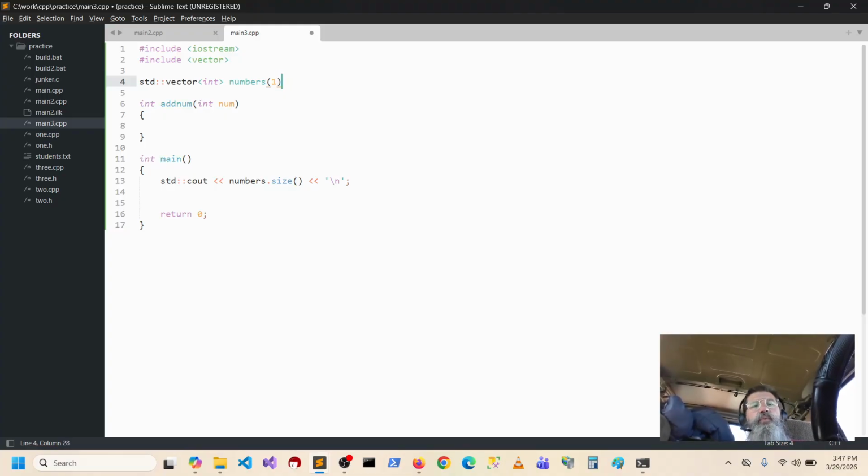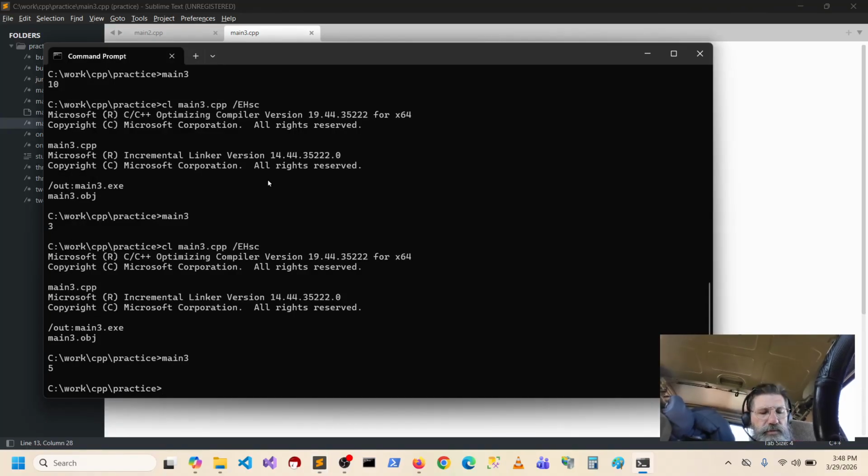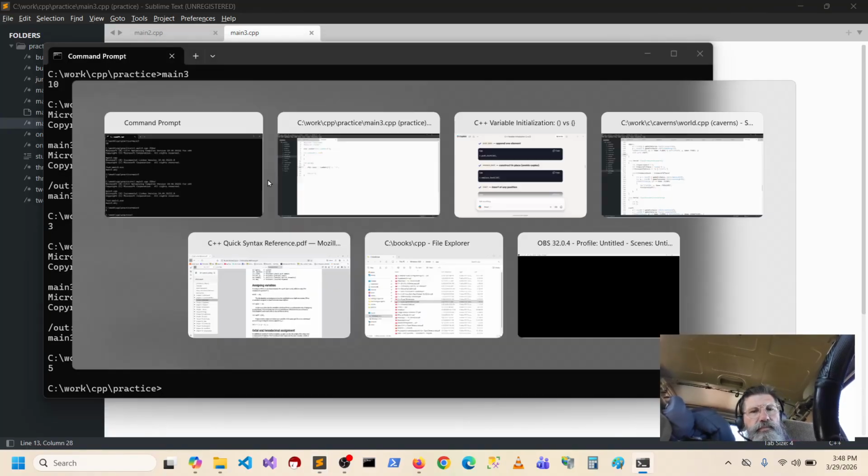So if I make that 1, so that would mean it has a 0. So if I do numbers, how would I actually index the vector? So do I do it like an array, like 0? Number 0? Oh, wait.